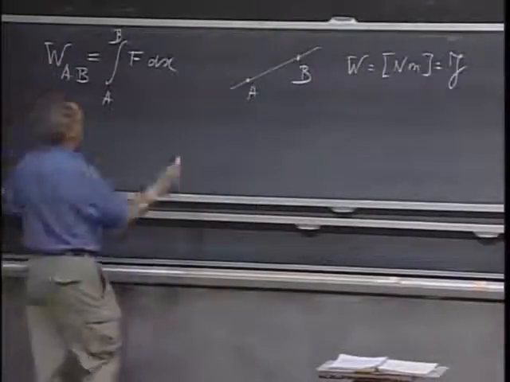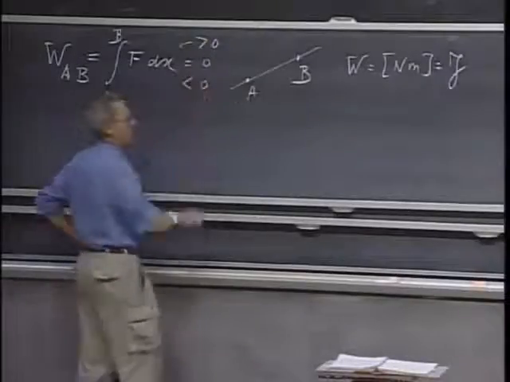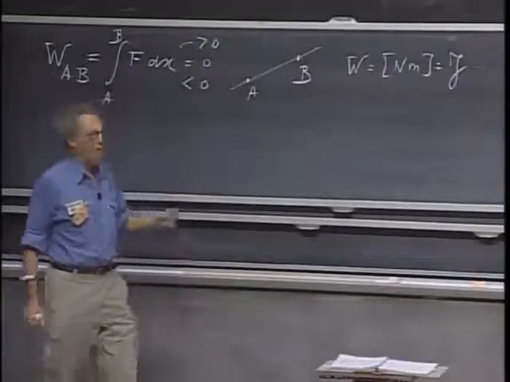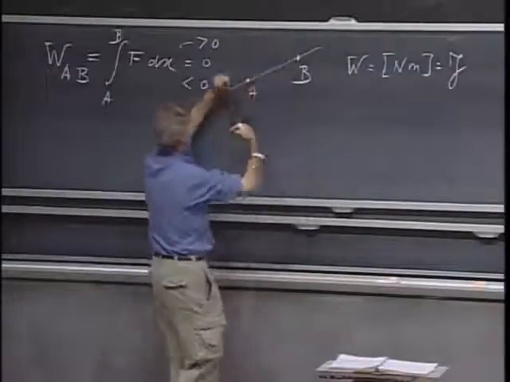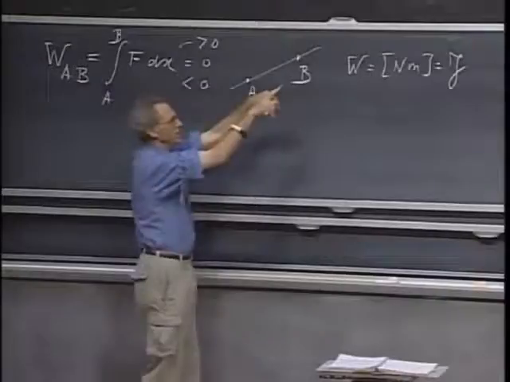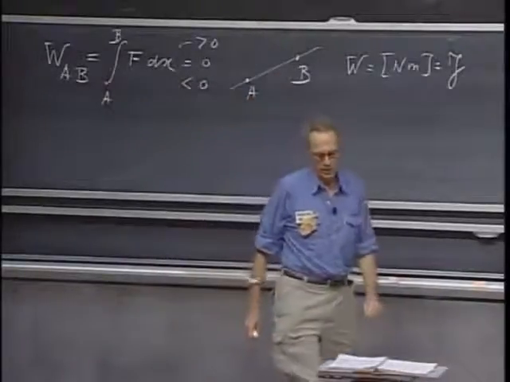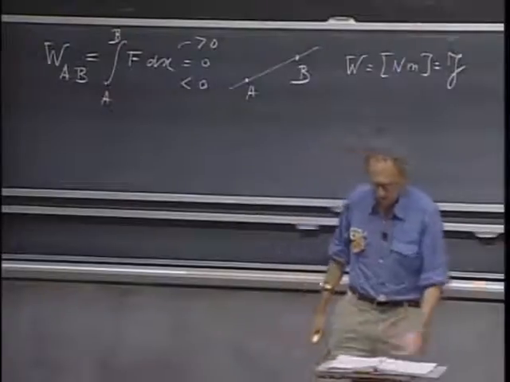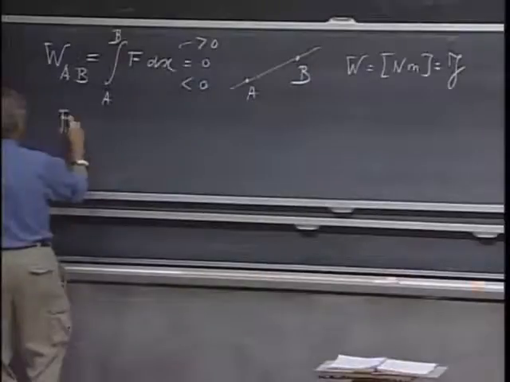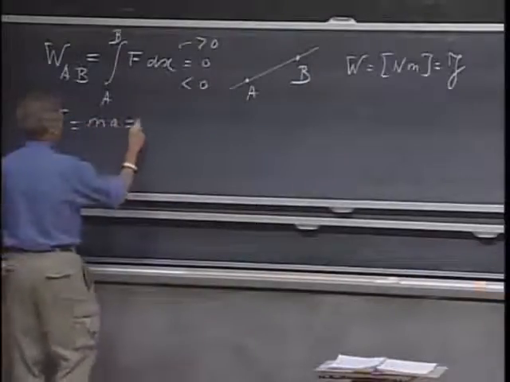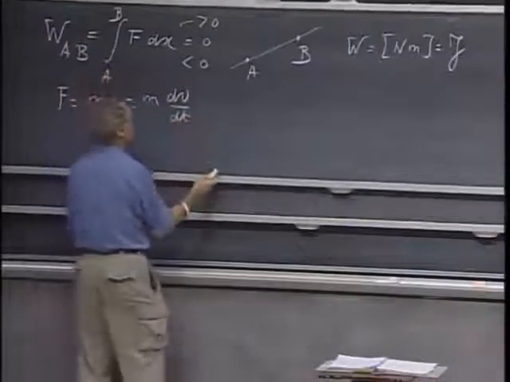Work is a scalar, so this can be larger than 0, it can be 0, or it can be smaller than 0. If the force and the direction in which it moves are in an opposite direction, then it is smaller than 0. If they're in the same direction, either this way or that way, then the work is larger than 0. F equals ma. So therefore, I can also write for this m dv dt,